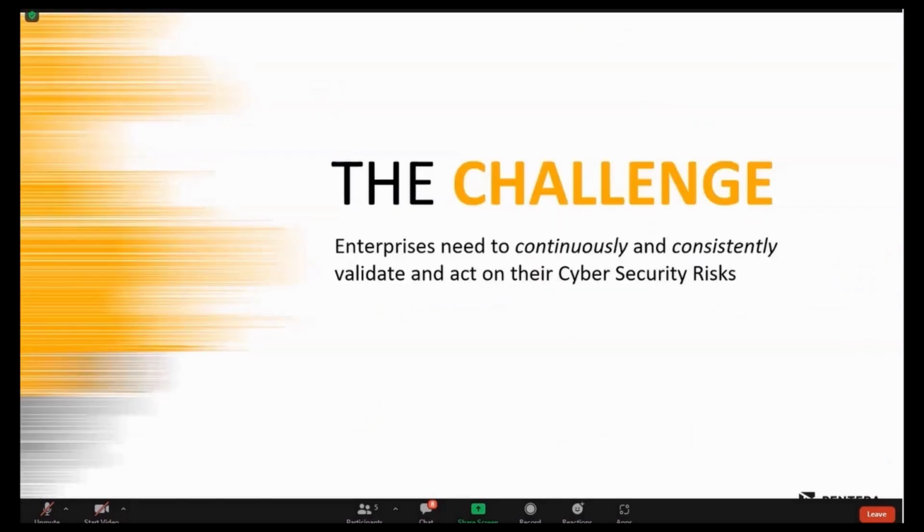The challenge that Pantera is helping our customers solve is really surrounding vulnerability management, pen testing, and security validation. When we typically talk about these three, they're very manual processes. You use a lot of different third parties, and they're very resource intensive. The problem is that hackers are becoming a lot more sophisticated, and the attacks are becoming a lot more complex. Those bad actors are using automated tools, and they're having more success than ever. So the question is becoming, how can you actually prove that you are secure?